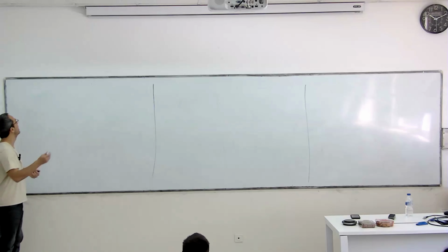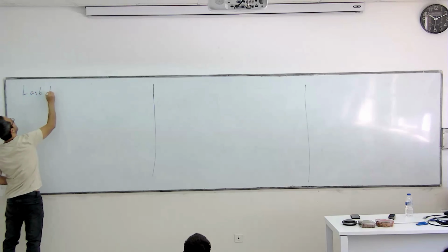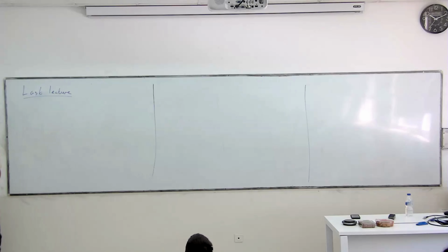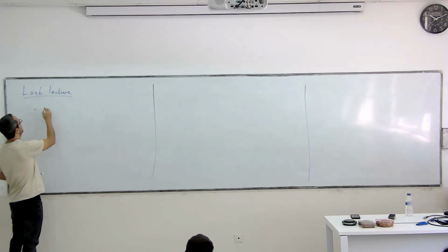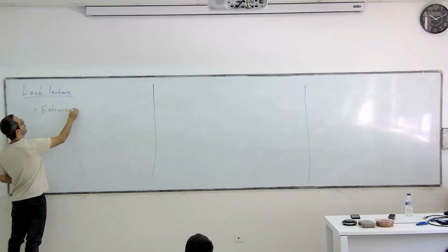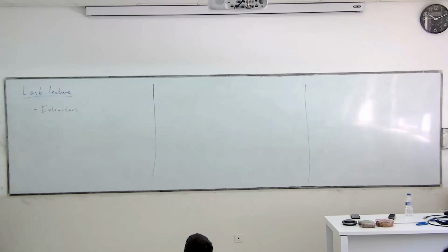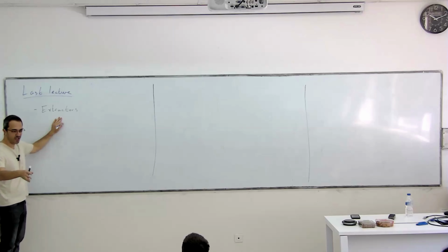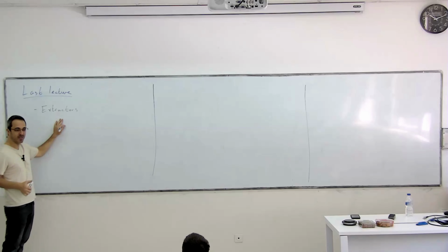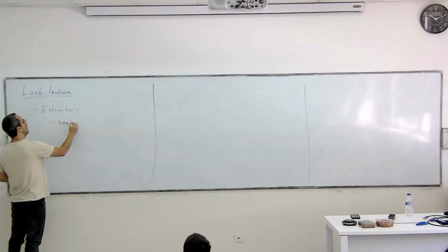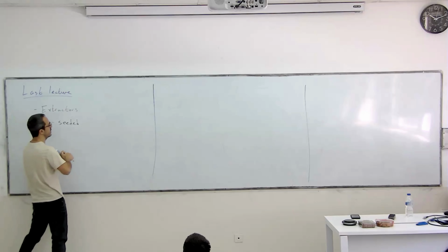Yeah, so anyhow, last lecture. What I want to talk about today is, first of all, to continue the discussion on extractors. We really barely just started it. We talked about what an extractor is, we defined min-entropy and statistical distance, and we immediately jumped to mergers without actually talking about extractors themselves. So I want to tell you what's known and, at a high level, how you construct seeded extractors.